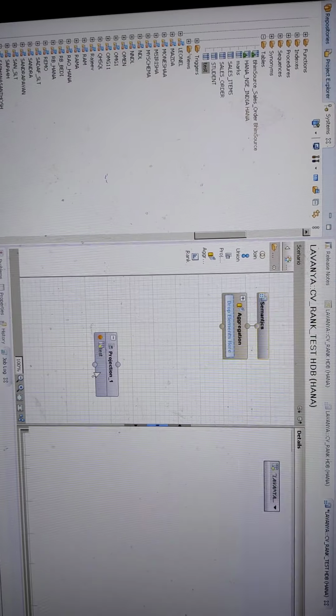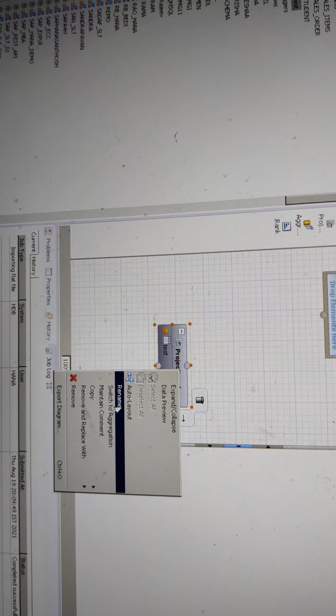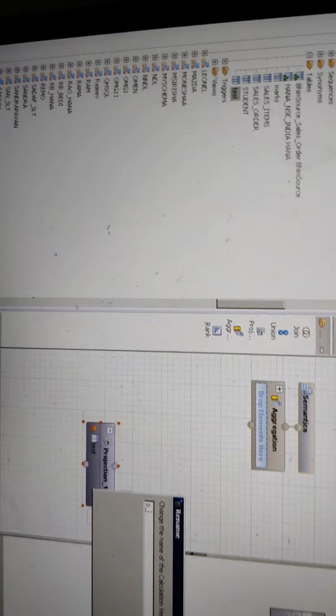We are basically dragging the projection here, and adding the table. Or the best way is, since we already know it, we can even drag it instead of adding it from there every time. If you want to search something, you can use it there, else you can just go to the package, and here you have this test. Just drag it and put it over here. Now rename this test to P underscore. It's a good practice to remember, since it has to be in caps, P underscore test.